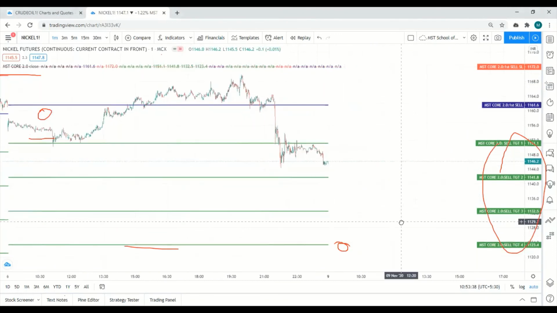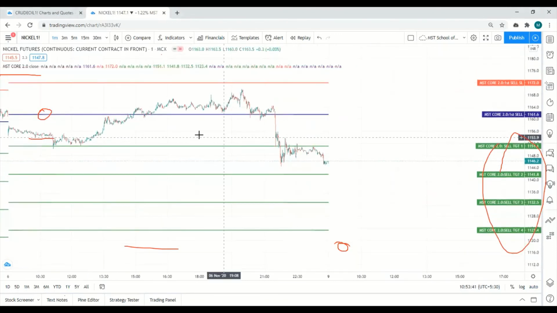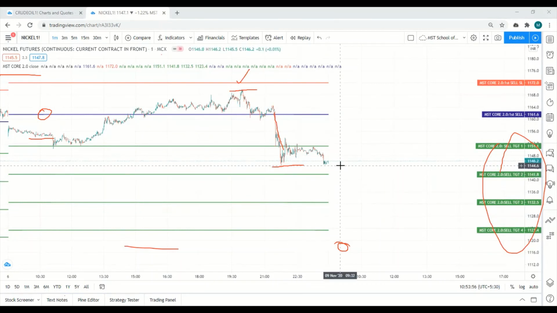See here, sell activated. SL not reached. So this is the high, but SL is here. Again, first target done here. What is the low made? The low made was 1144 from 1161. So almost 18 points profit done. 18 points mean 18 into 1,500 rupees, 27,000 rupees profit per lot for a single lot.